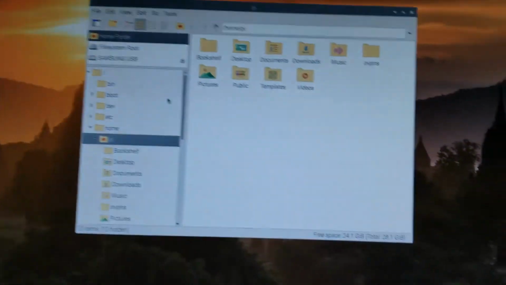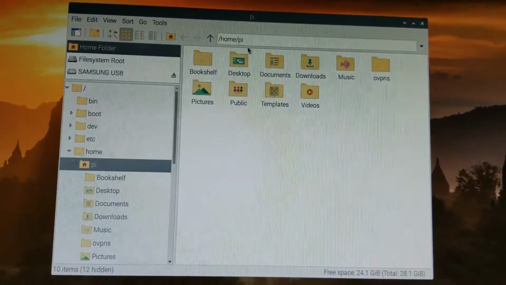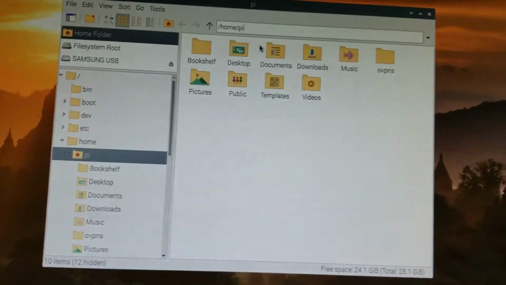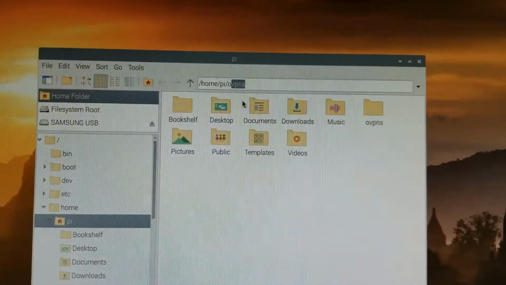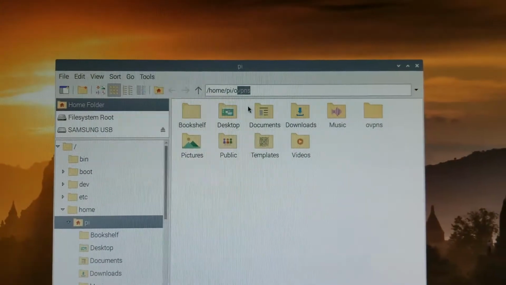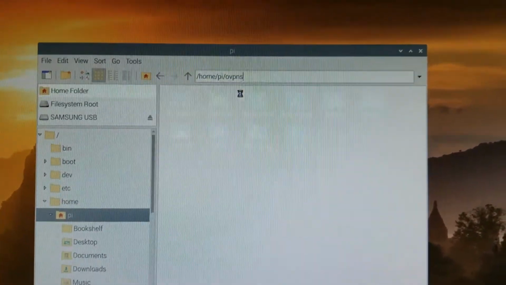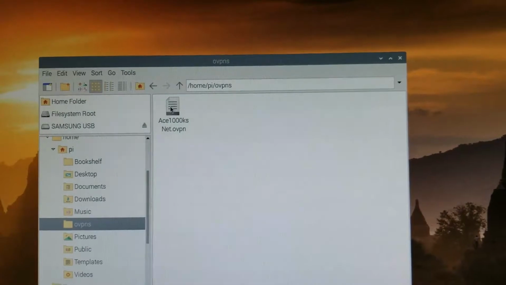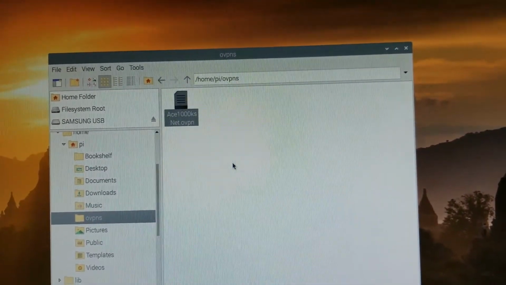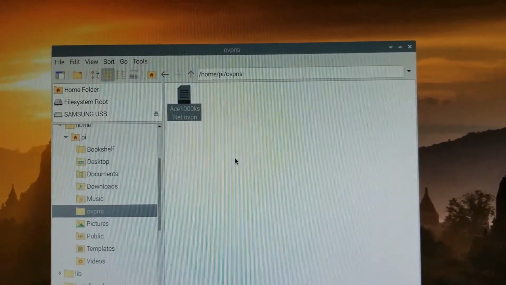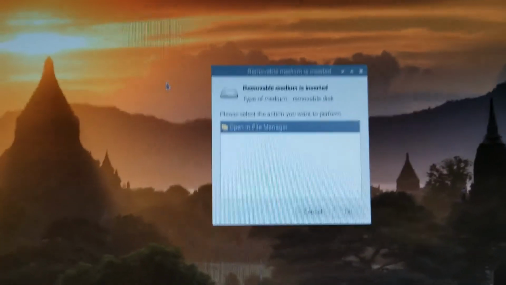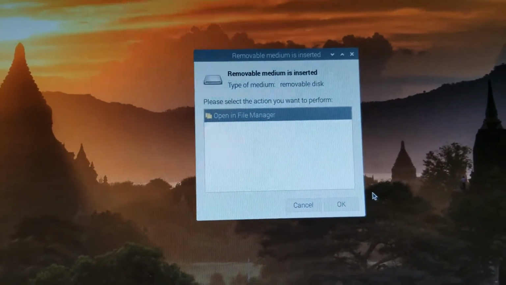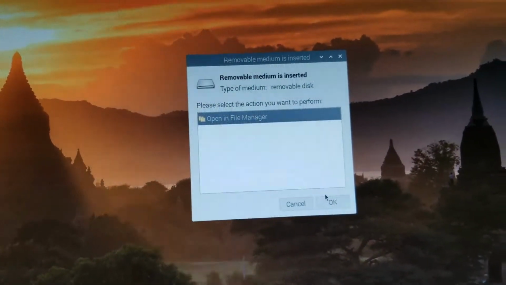So go to File Manager and go here, /ovpns. Enter. This is where your file is at. I'm going to get my USB drive, and I'm going to put that file into my USB drive. My USB drive, and I get this, so I'm going to open it. Okay,